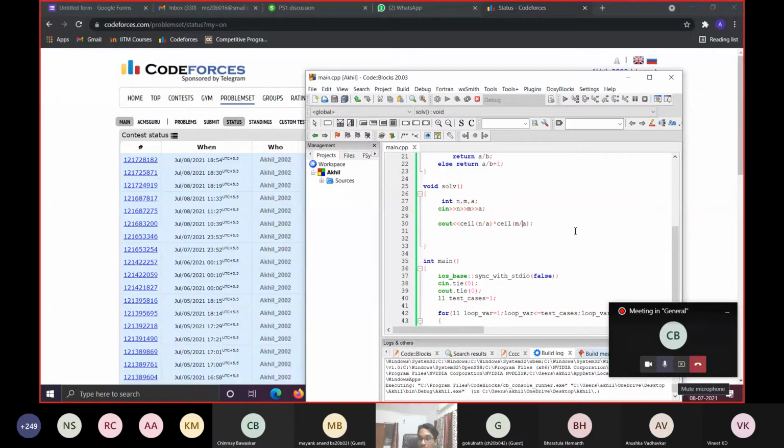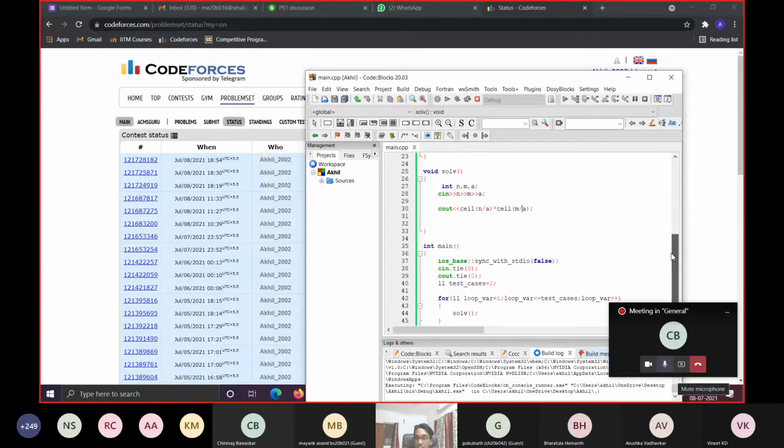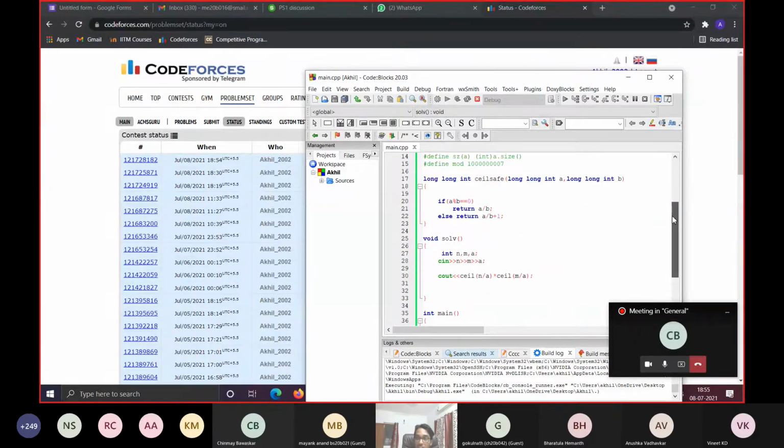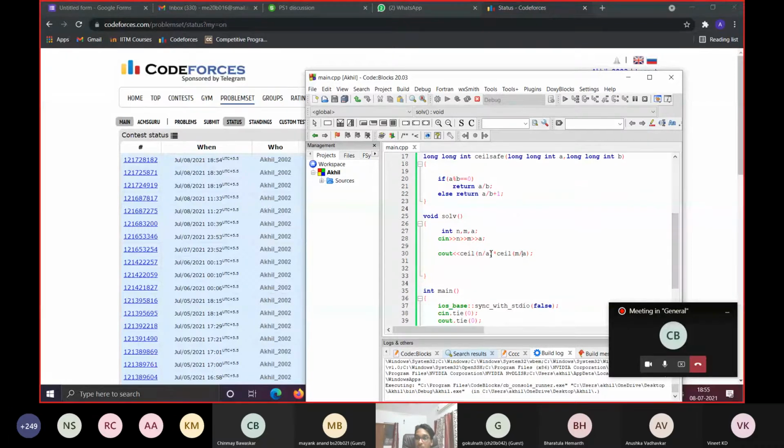I don't know what bug there is in the compiler, but that's why I usually don't prefer using the ceil function as an inbuilt one. So you can actually declare a ceil-safe function separately. It doesn't take much time. Somehow ceil of n by a is getting processed as 1.